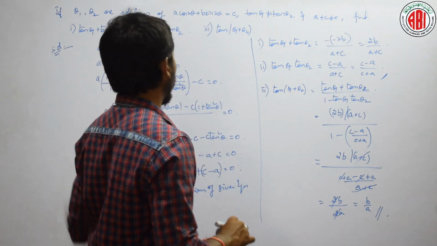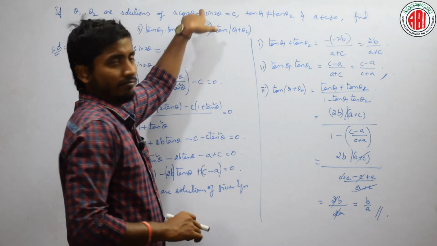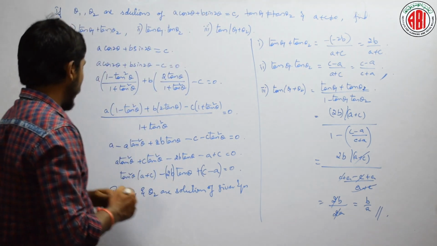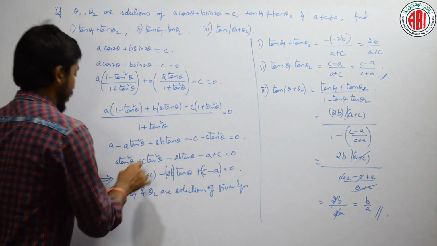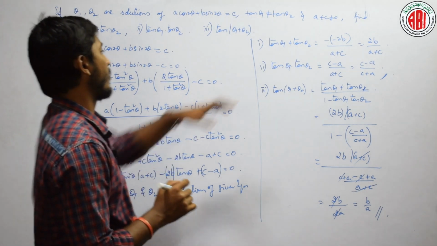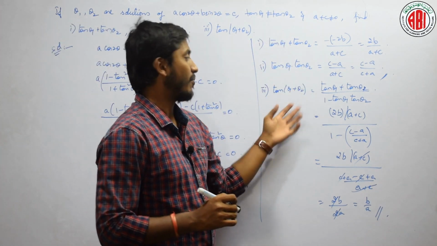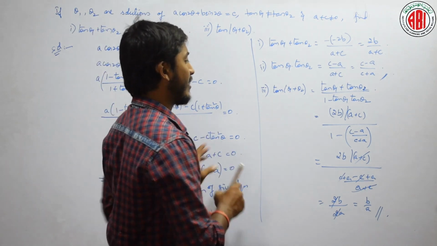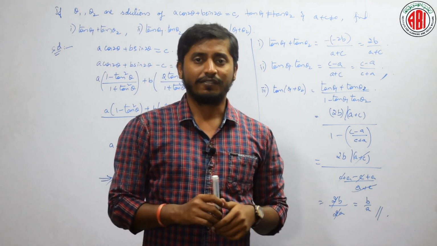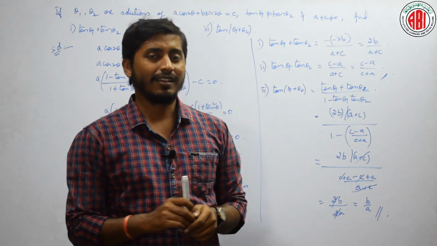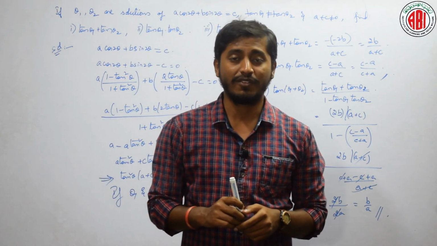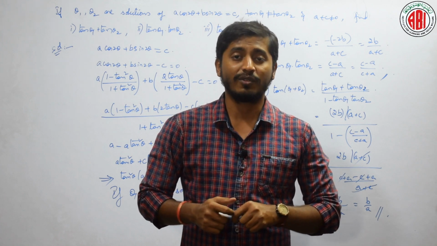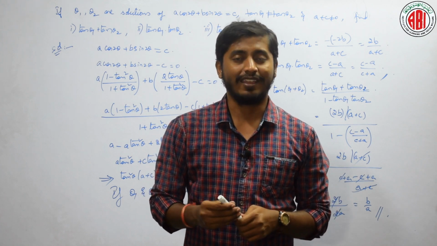There is a trigonometric equation, and I have got a trigonometric quadratic equation. I used the formula for sum of roots and product of roots, and from that I could find tan of (theta 1 plus theta 2), isn't it? Did you understand? Is it clear? Fine. These are a few problems of trigonometric equations for this session. Let us do a few more problems of trigonometric equations in our next session. Okay. Thank you.